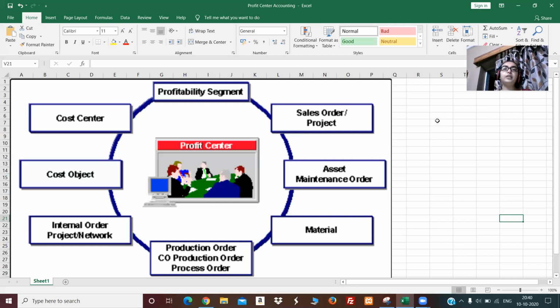Hence our related profit centers are updated. So profit center has the selling price, the profit center has the production cost, the profit center has the procurement cost as well. So what we can do is, sales price minus production price minus procurement price is equal to our profit. So that profit is captured in our profit center. We can check the breakup in the profit center itself. So that's the concept of profit center accounting.